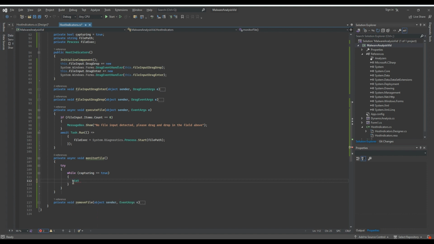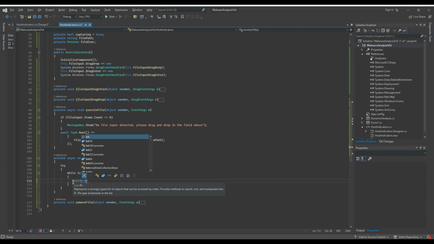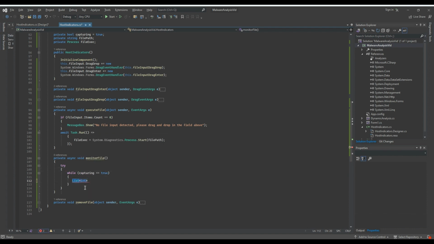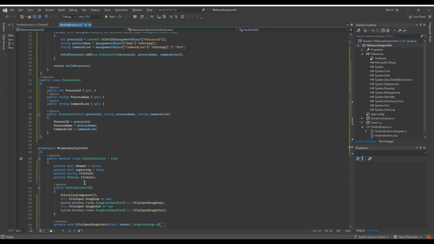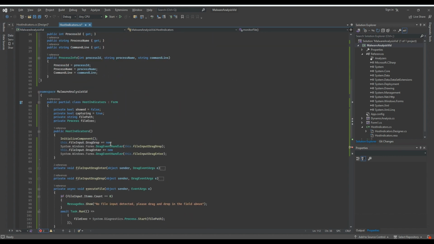You can make a list of int or a string list or whatever. But we're just making IList, which is just a collection of objects. I played around with it for like an hour. I'm assuming it's automatically defined for processes. But we're going to make an IList of ProcessInfo, so it's going to be a list of these processes up here,